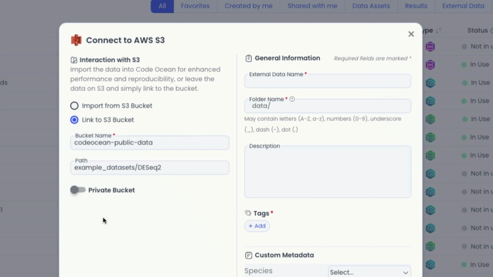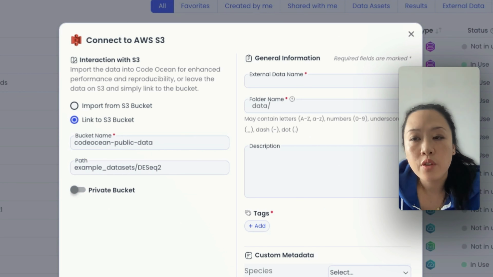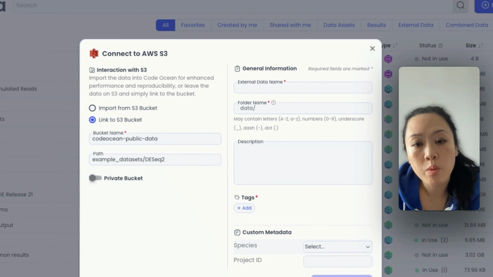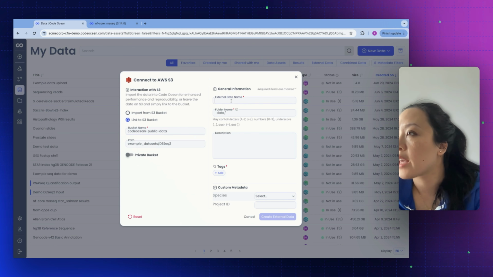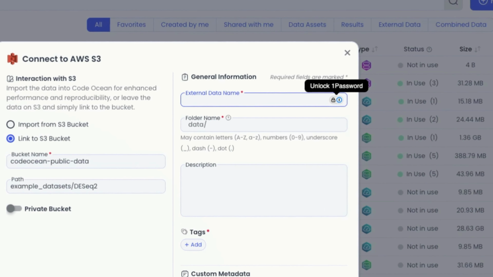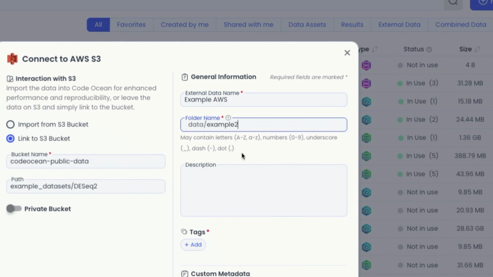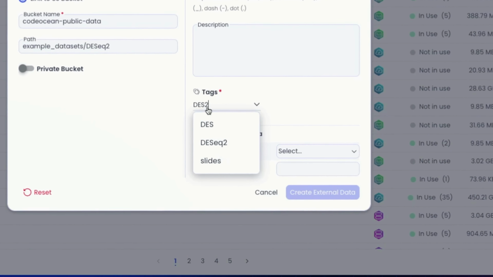This is not a private bucket, so we'll toggle this off. If the bucket happens to be private, we have full support for your credentials as well as support for AWS IAM roles. So the whole system takes care of that for you. Again, let's give this metadata. So this will be example AWS. I'm going to call the folder example2. Let's give it a tag